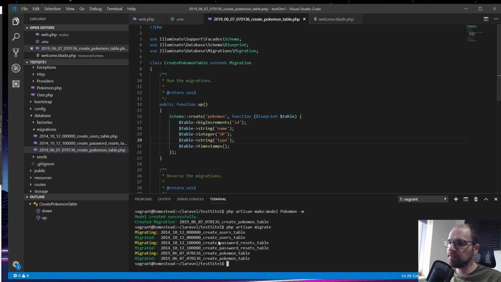And what this will do is it will run each of our migrations. So you can see it's got here migration, migrated, create users table, create passwords reset, and create Pokemon table. The order it does these migrations in is based on the date time at the front of this name. And you need to be aware of that